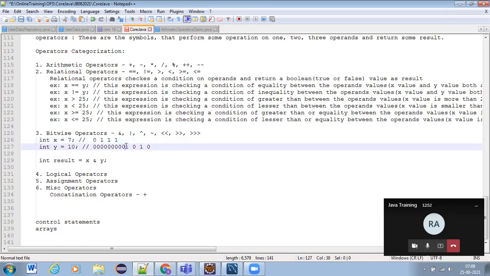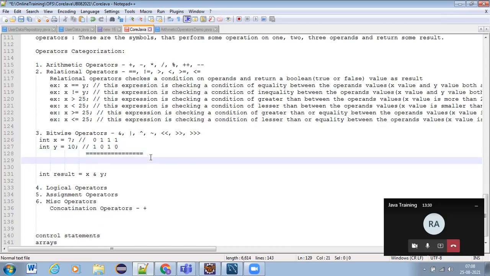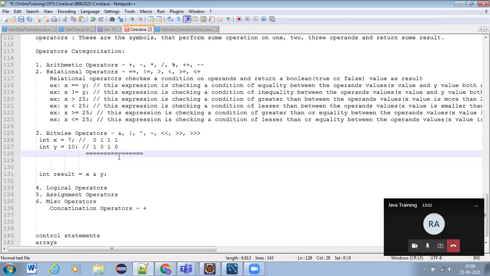So this is the basic that we require to remember, but of course this much depth of discussion is not required for us when we are working on real-time applications, because we work very rarely with binary operators or bit sequences of the values. So the AND operator will perform the operation on these bit sequences. So what will be the result here?